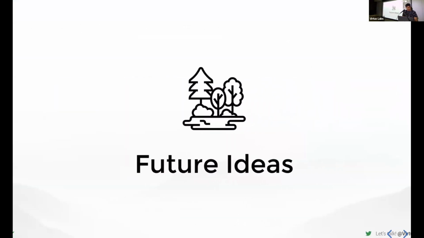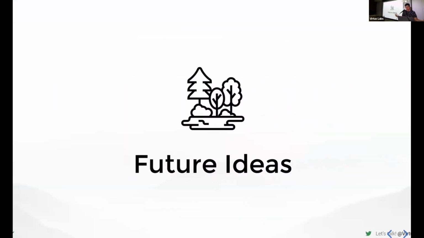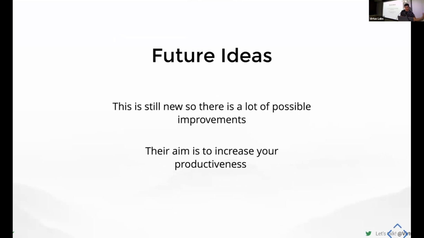So obviously, this is just very basic things that we have. So running tests, importing build, there's a lot of things we can still do. Each of those things that we do should actually try to increase your productivity. So if there's anything you feel we could do, you can mention it. You can collaborate with us to try to get it into the MCP server. We want those AI tools that are clearly being used and will be used to actually work for you.